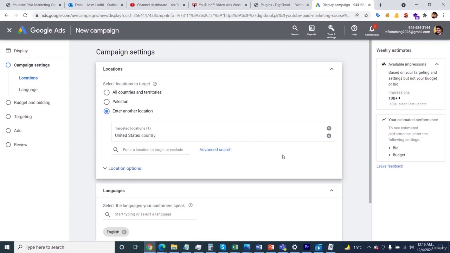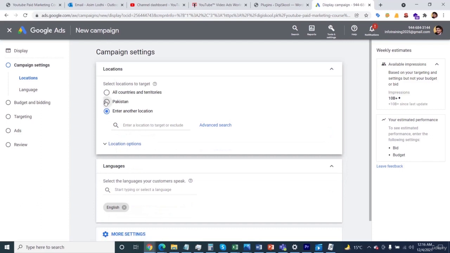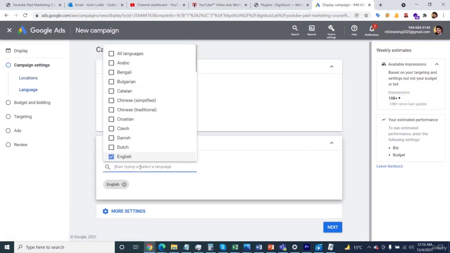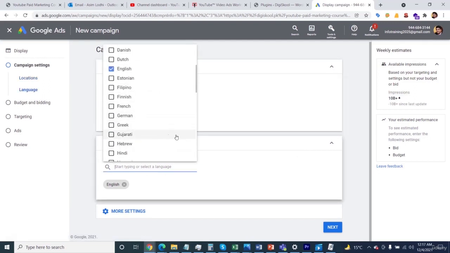And then after specifying the current location, I also let you know that for one campaign you should always target one country, because if you target multiple countries in a single campaign, that will cost you a lot. So save your money and after that keep navigating towards the language,